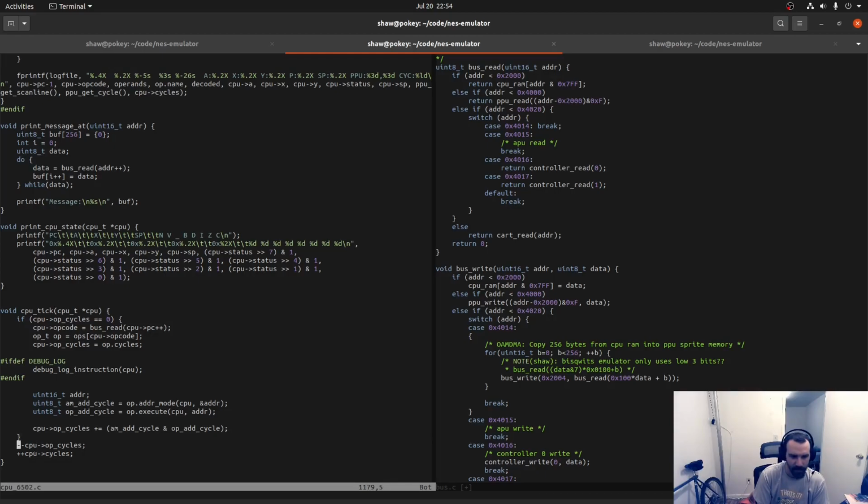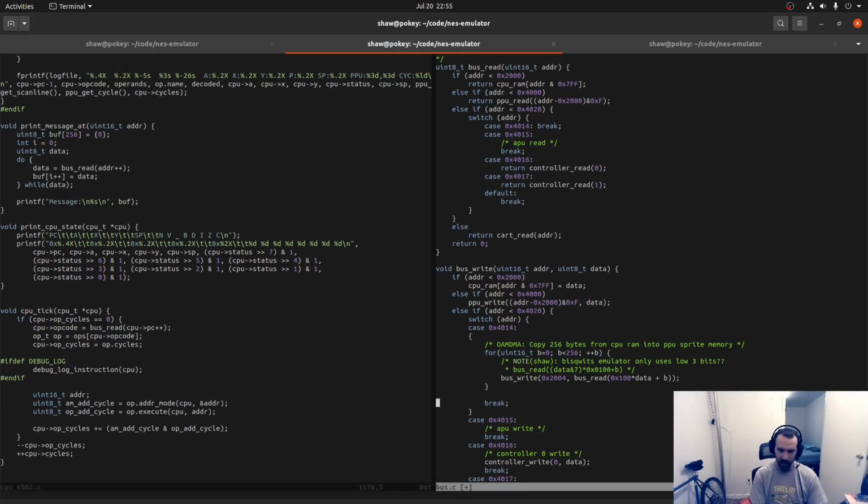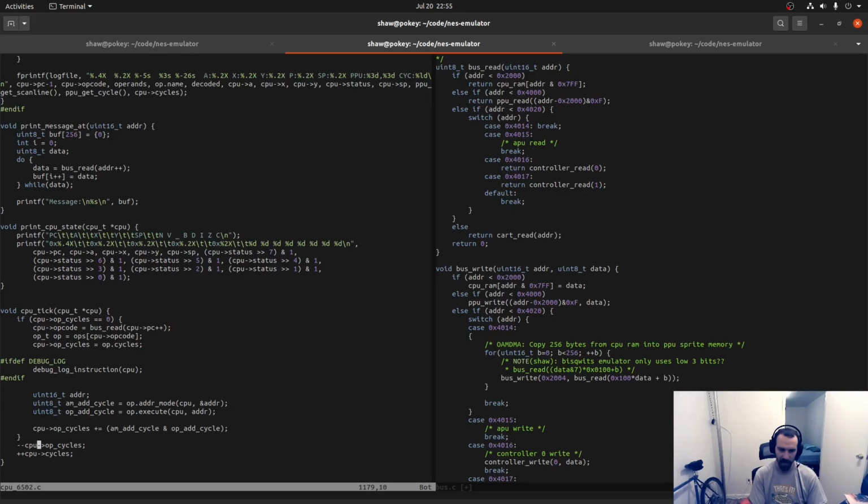So here what you do is, every time you do an operation, an instruction takes a certain number of cycles. When you execute the instruction, you figure out how many cycles it's going to take for the CPU, like a real 6502, to actually execute that, and then you wait for that many cycles. You do all of the work at once, then wait for how many cycles it would have taken. So what we need is a way to say, for this transfer, you need to make this op cycles